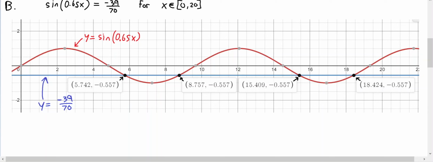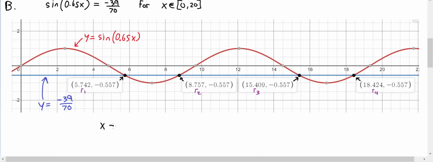We can just go along and see that the sine curve and this constant curve, within this interval for the first 20 minutes, from the origin here all the way over to 20, have roots here, here, here, and here. The x value is what we want, and we can label those R1, R2, R3, and R4 to indicate four different roots. That way we're not writing all the messy decimals. So we basically have the answers now for part B. We can just report, rounding to the nearest tenth of a minute,